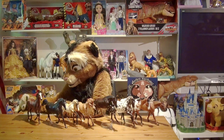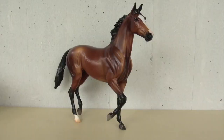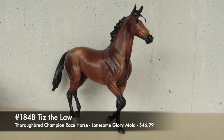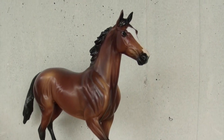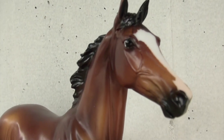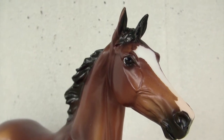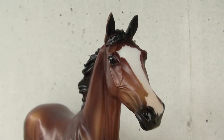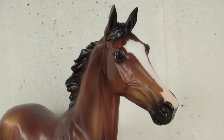And then if you are following horse racing, then Tiz the Law does not need any introduction to you. Won the Belmont Stakes, a second place at the Kentucky Derby, a wonderfully sated thoroughbred which now is retired since late 2020 and continues his life as a breeding stallion with hopefully many equally successful offspring. Tiz the Law is on the Lonesome Glory mold, which is a very popular mold since it